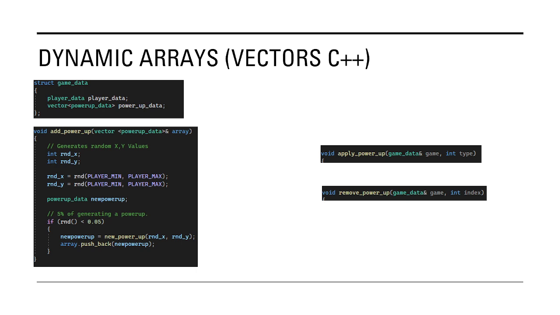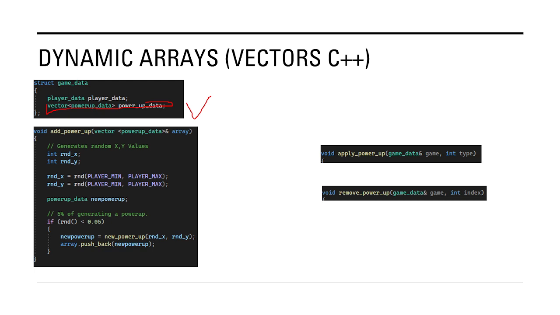So in my 7.2c game project part 2, we created a new struct called game data. This allows us to hold a new vector named power up data. This vector is used to store the power up data with its corresponding x and y axis, and also its power up type. This is very useful as it allows other procedures and functions to access this data and then use it for